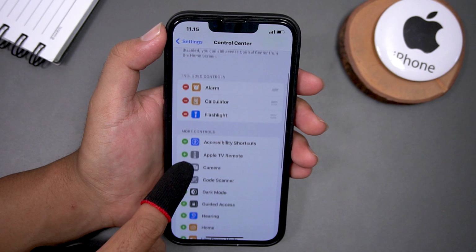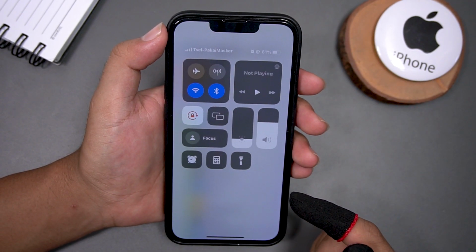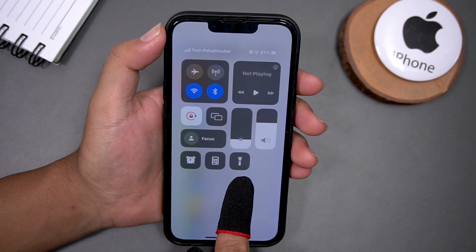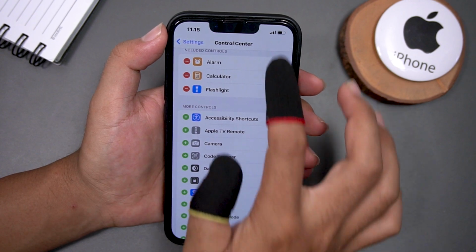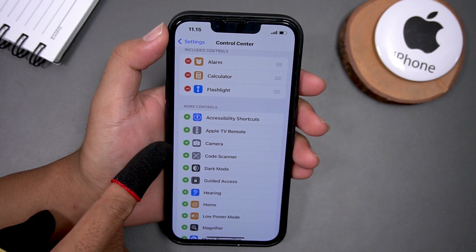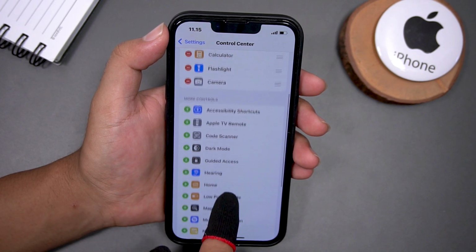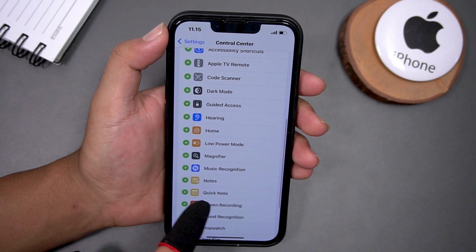After that, we go back again to the Control Center. As we can see, there are three new features here, like we selected before: alarm, calculator, and flashlight. For example, camera. I'm going to add camera, and then, for example, note.